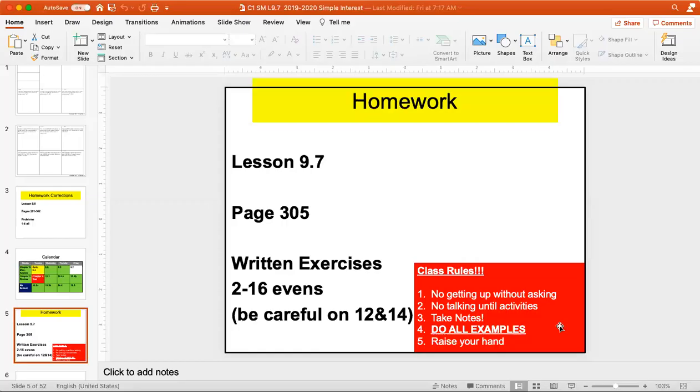Pick one and let's do one. You sure you want 10 and not 14? All right, let's take a look at number 10. Number 10. All right, number 10